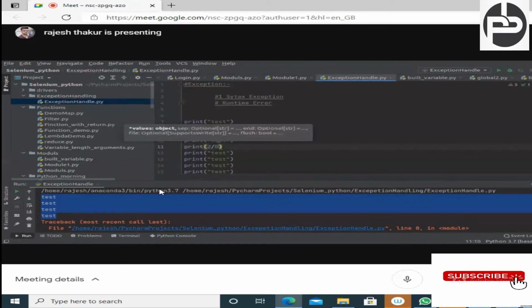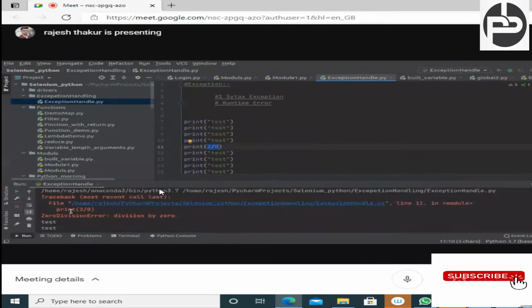I guess everyone is from a mathematical background and must know what this line is. If you try to divide any number by 0, it will throw an error because it gives an infinite number. Let me execute this.